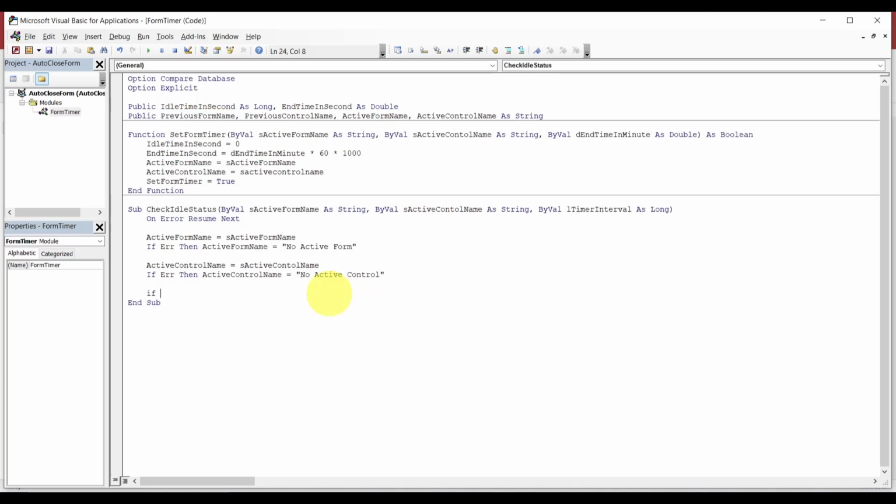So here we can say if previous form name equals active form name, gonna parentheses that, close that out, or previous control name equals active control name, then